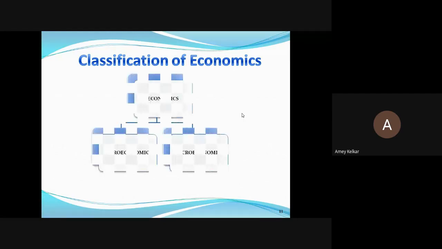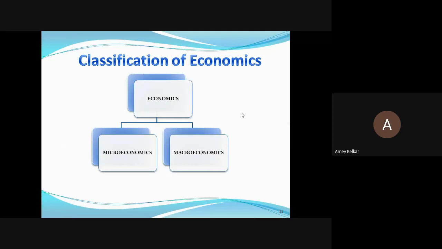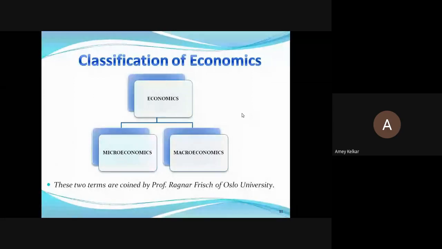So economics is broadly classified into two types. One is microeconomics and second is macroeconomics. These two terms were coined by Professor Ragnar Frisch. Okay, so economics is broadly divided into two fields. One is micro, one is macro. So as the name says, micro means a smaller one, whereas macro means a bigger one. Okay, so microeconomy is a smaller economy, whereas macroeconomy is a bigger economy. We will discuss this at the end of this discussion with respect to a civil engineering project also. We'll make the discussions so that the things will be clear to you all.